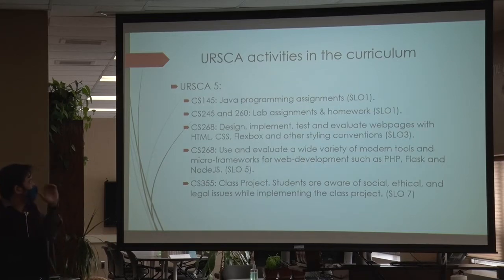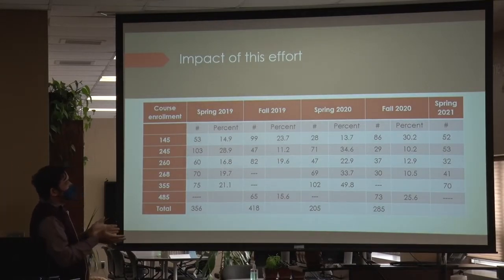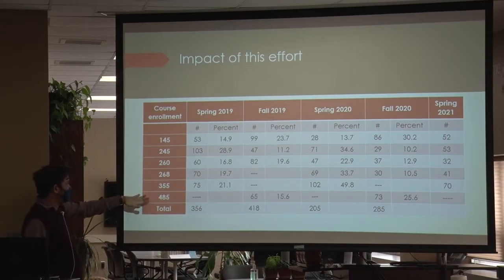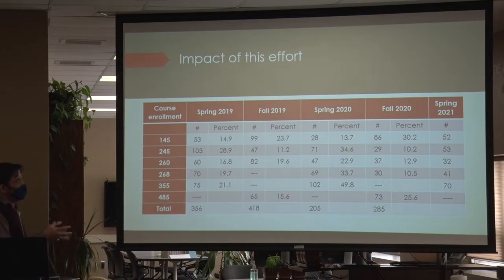And then these are the ORSCA 5 outcomes. There were some things which we couldn't fit into the ORSCA 4 outcomes, so we tried to match them with our ORSCA 5 outcomes. So how does this all play out? These are just some statistics that we have through these courses, 145 all the way to 485, the core courses. We are able to reach a lot of students throughout the semesters and positively impact them